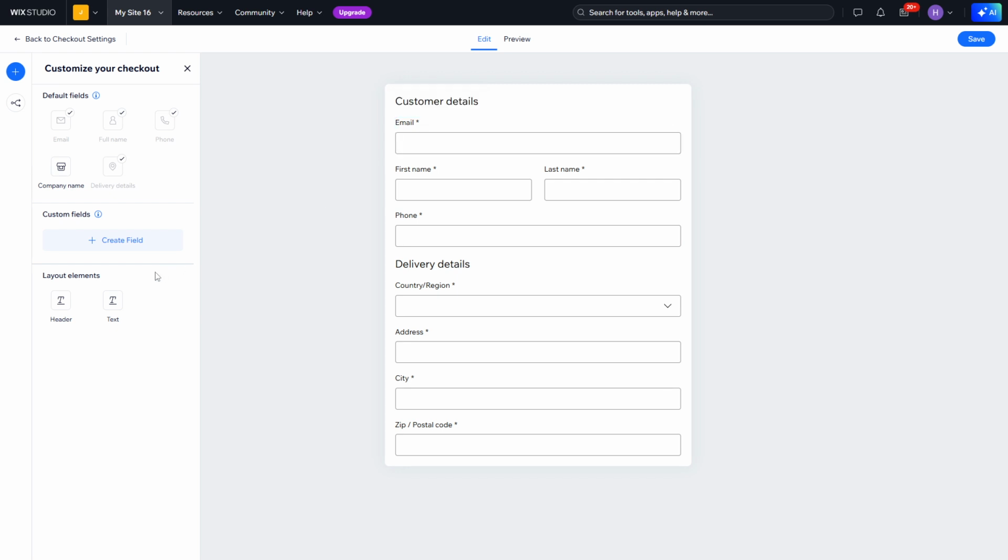Next, consider your placeholder text. This is incredibly useful for giving your customers a gentle nudge in the right direction as they fill out their details. Enabling the placeholder text toggle will let you add subtle hints to fields, ensuring your customers have a clear